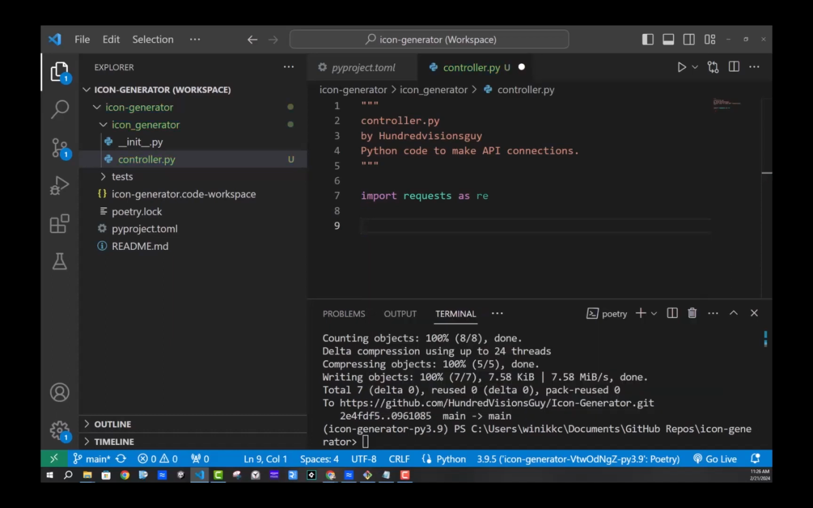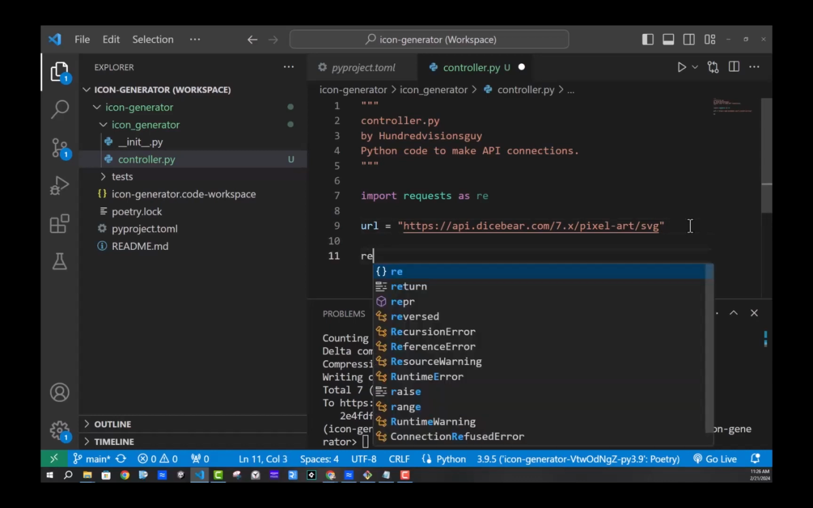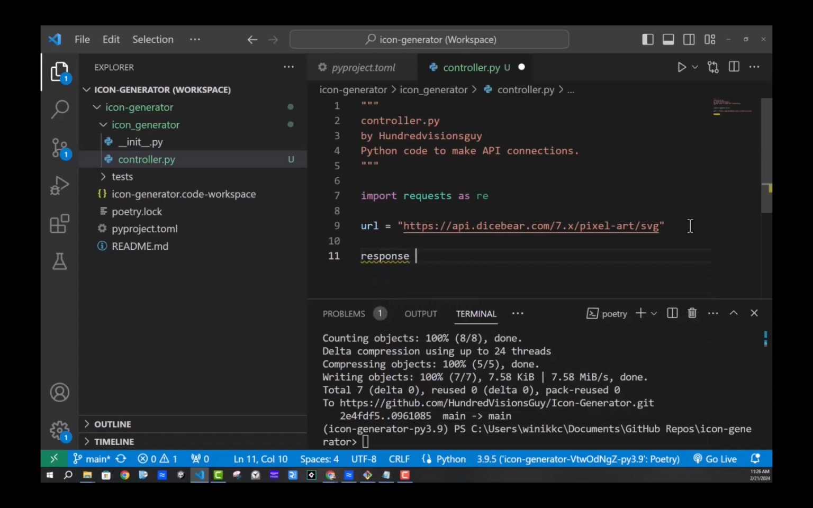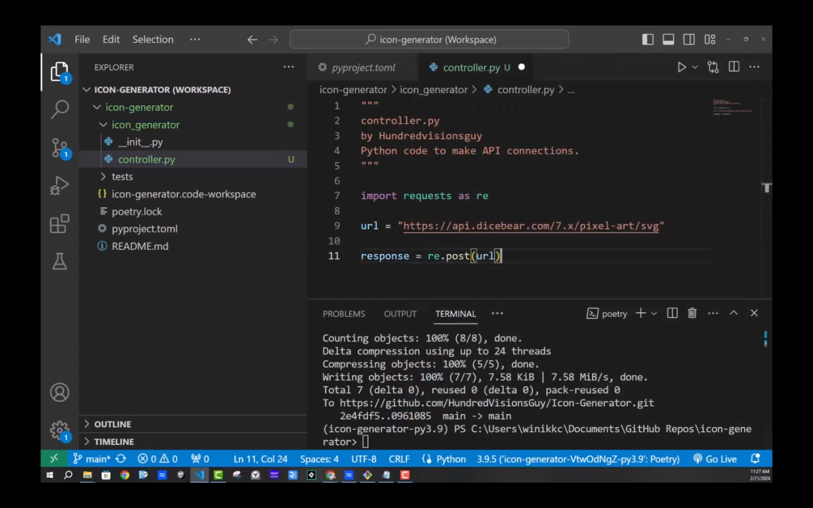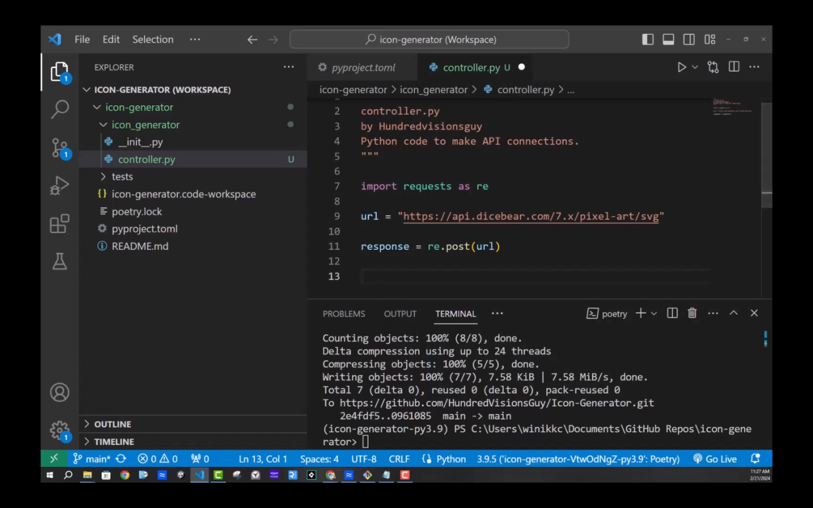But we want to create a URL, and for now I'm just going to paste what I copied. You can either hand type that out, or you can go to api.dicebear.com and look at their docs. And then we're going to just type response. We're going to get a response from our connection equals re.post. I'm going to just put in here URL. And then we're going to print